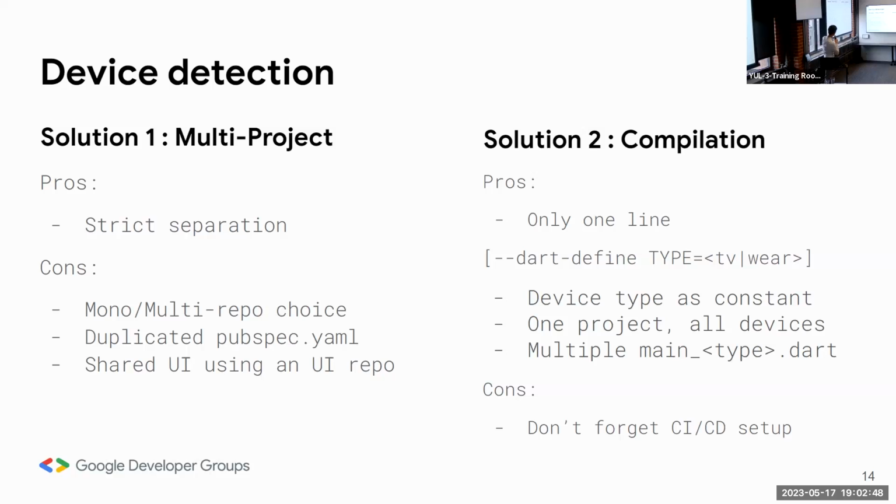Yeah. So it's the solution too. At compile time, you have dart-define that adds an environment variable, and inside Dart you use String.fromEnvironment. You put the type, and it will give you the string, for example Wear or TV. So it's exactly that. Or maybe you have multiple types, so you have multiple main files. It's two different ways, which is the same because you can predefine it.